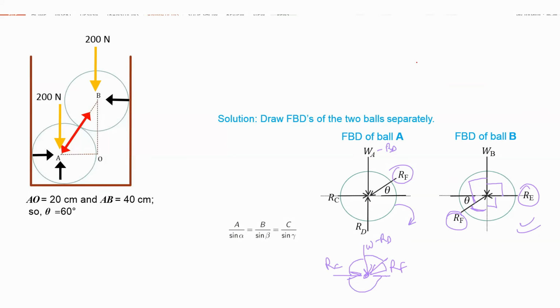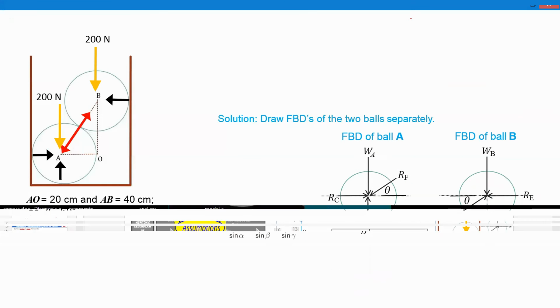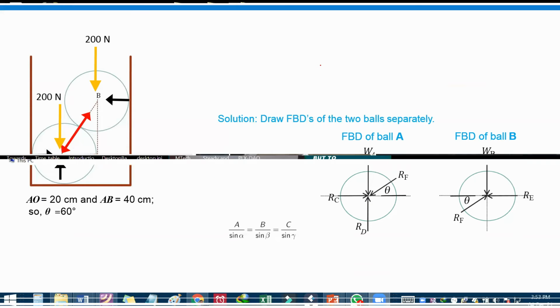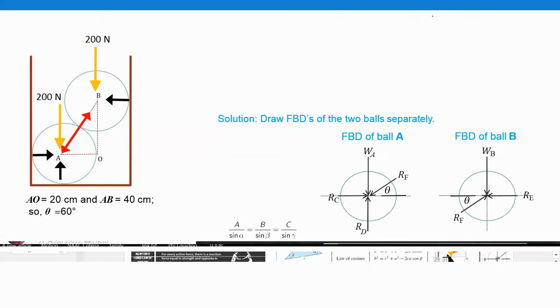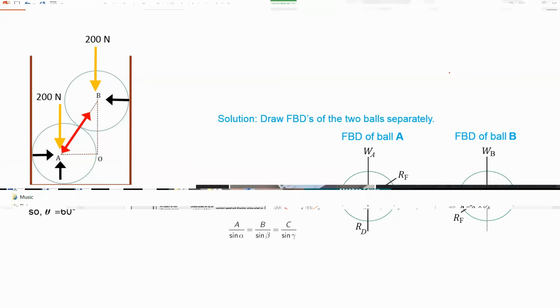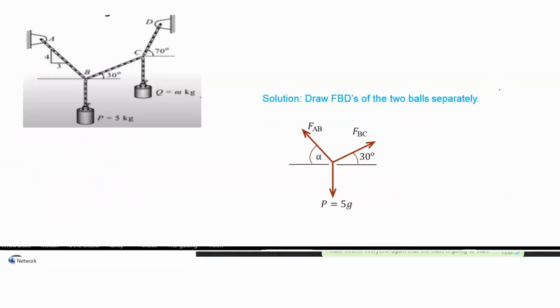So this is the thing in the equilibrium of points chapter. If you know how to apply Lami's theorem and how to find all the angles, then you will not face any difficulty. You can easily solve any problem. But your concept should be strong. Conceptually, you cannot make any mistake. Then your life will be good. You can easily apply and solve the system.